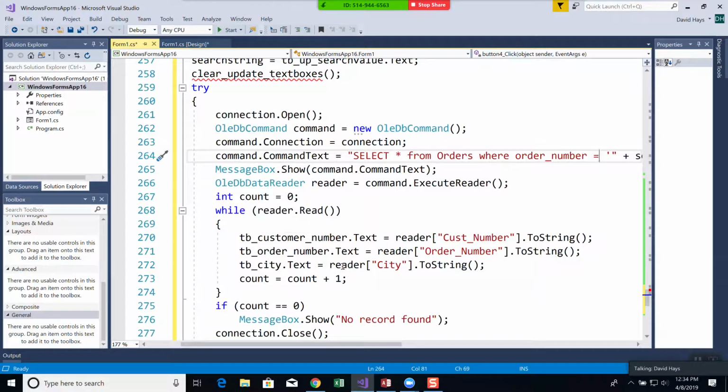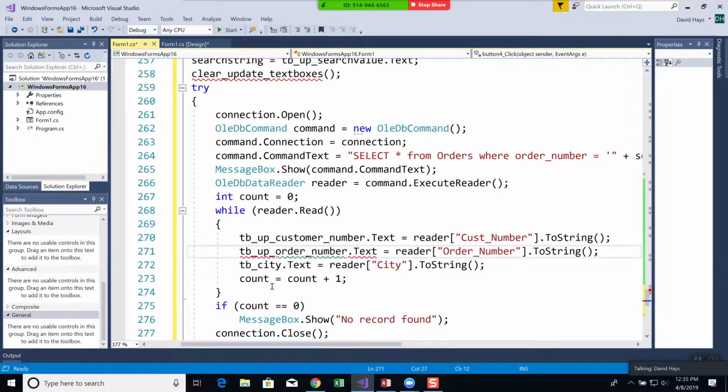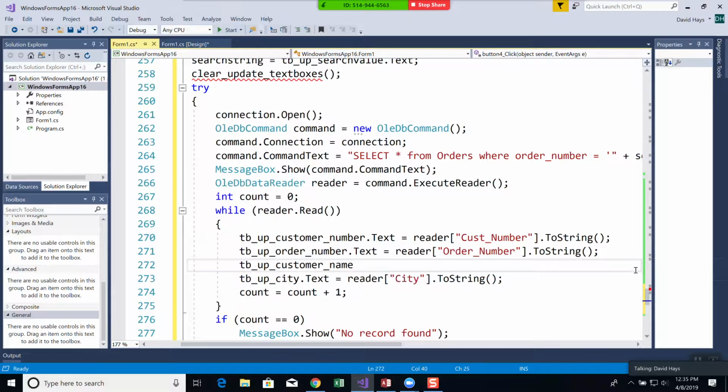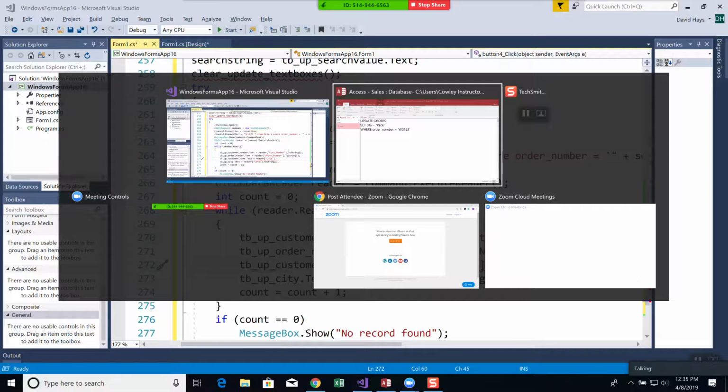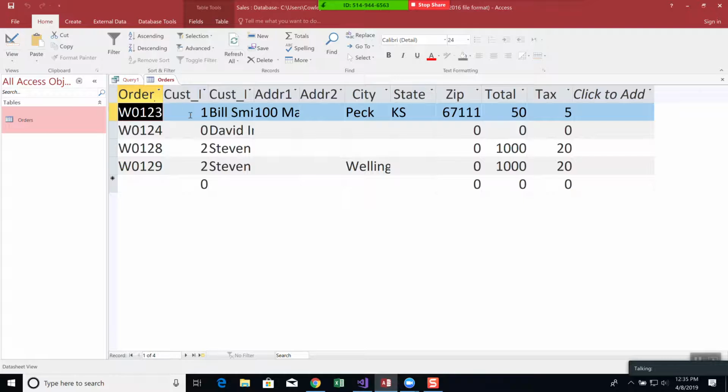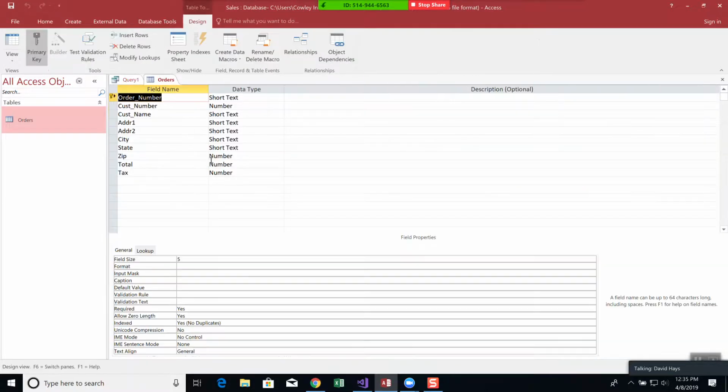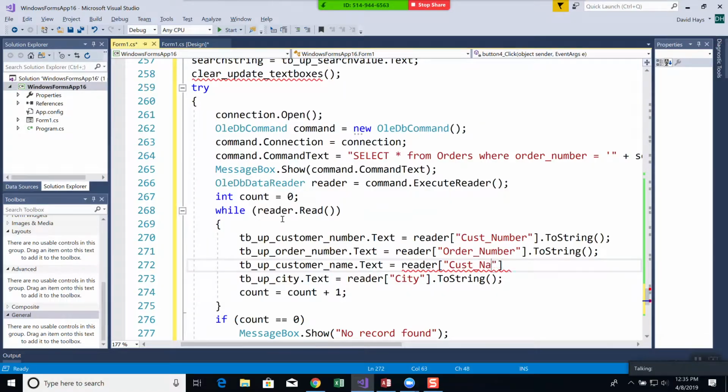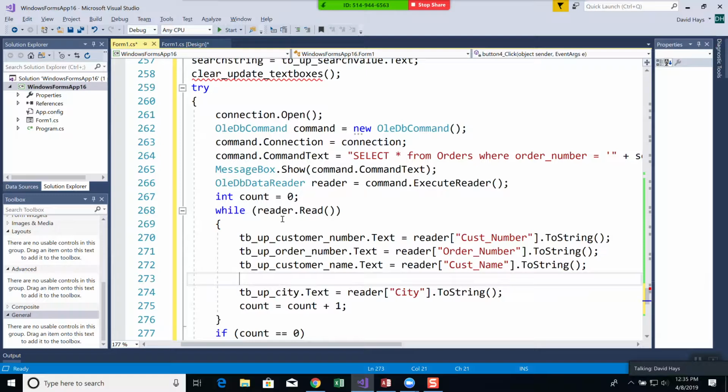Now, after we get that, then we want to write out the information. This was TB underscore up customer number. I think that was that. City. Customer name, I think we had. TB up customer name dot text equals reader customer, we'll right click on this and choose design view, cust name, ToString. Customer number, order number,